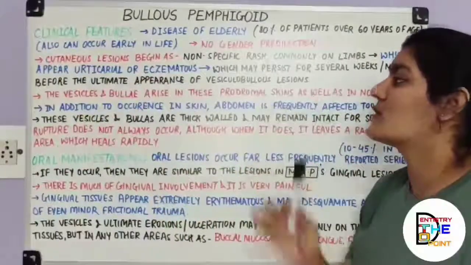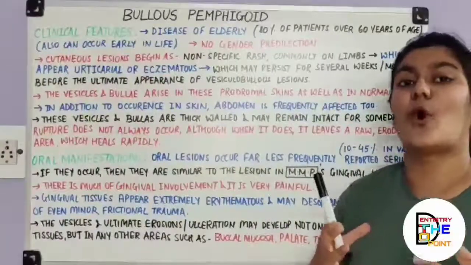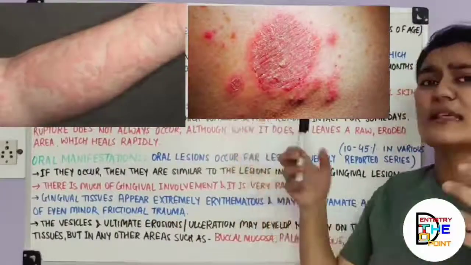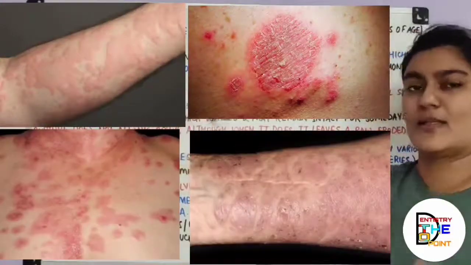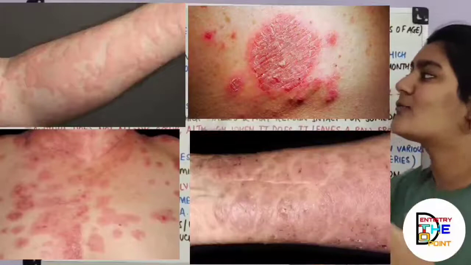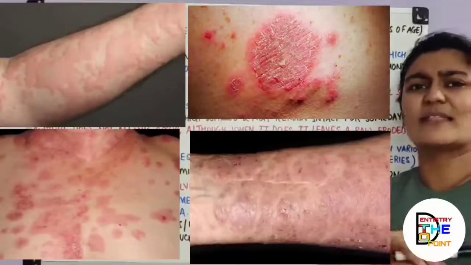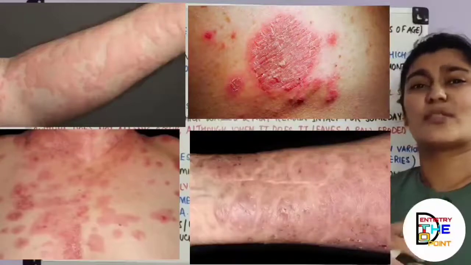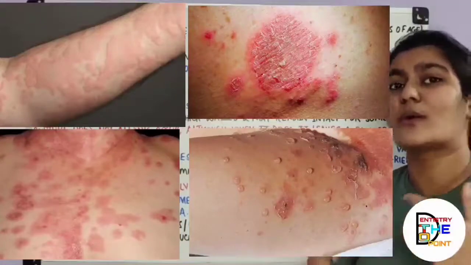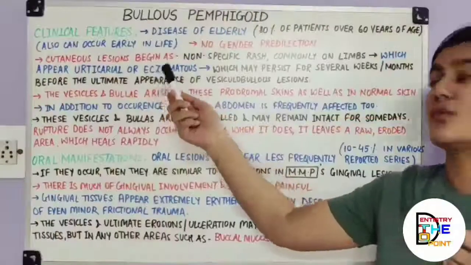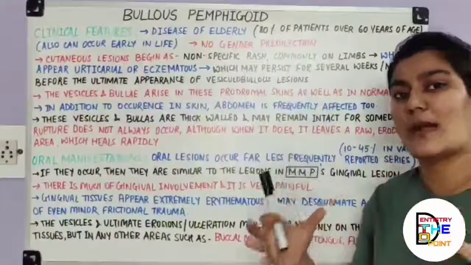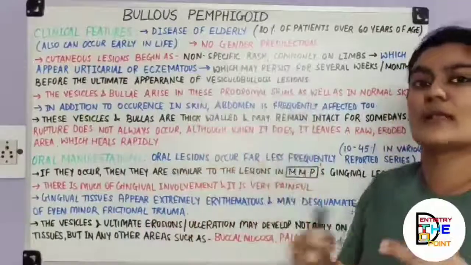Okay, so the earliest manifestation is seen in the form of rashes which appear on the skin of the limbs, like hands, legs, etc. How are these rashes? They appear urticarial or eczematous. I'll pop a picture so that it's more clear, but the basic meaning of both these words combined is that they are red small rashes which are very itchy in appearance, dry scaly patches, and also sometimes oozing patches which ooze out liquid. Such rashes are the earliest manifestations which persist for several weeks or months before the actual appearance of the vesicles and the bullae.